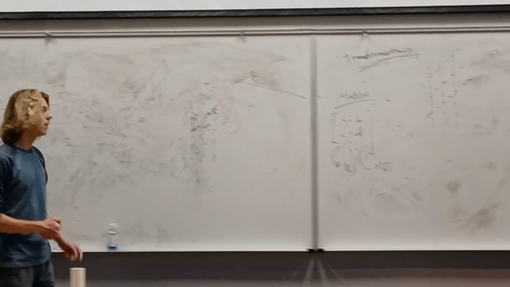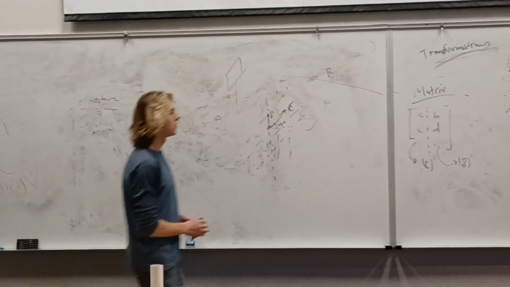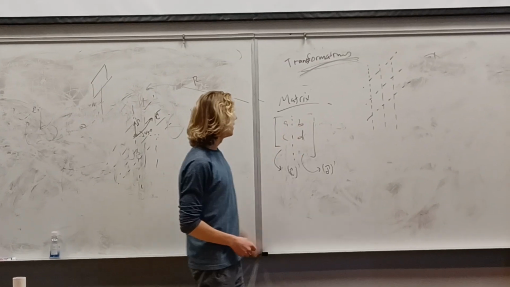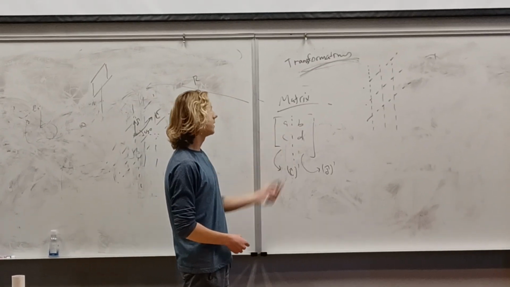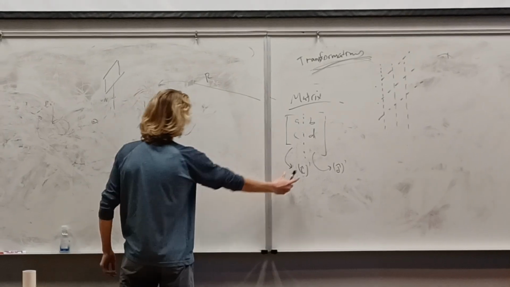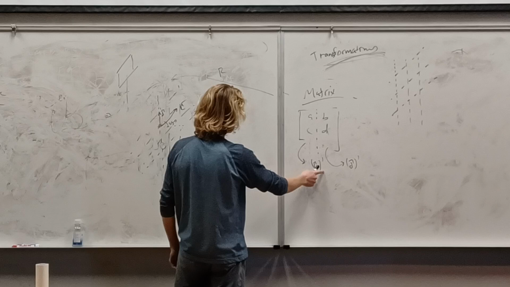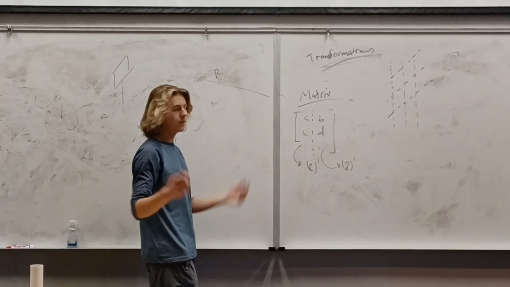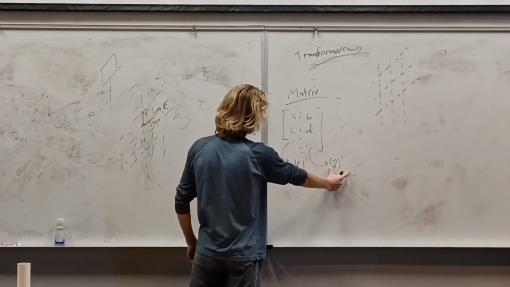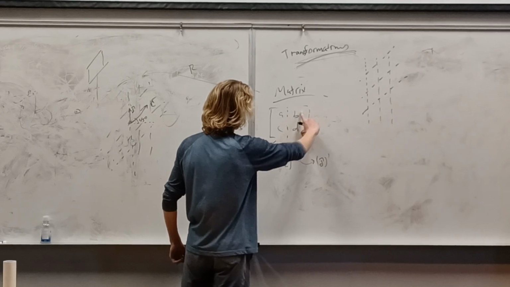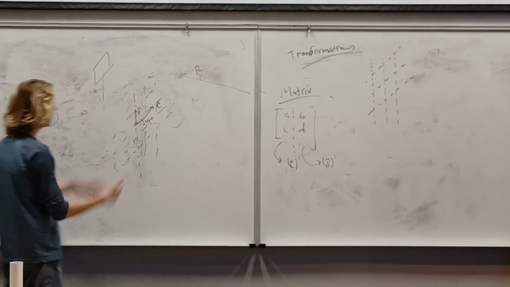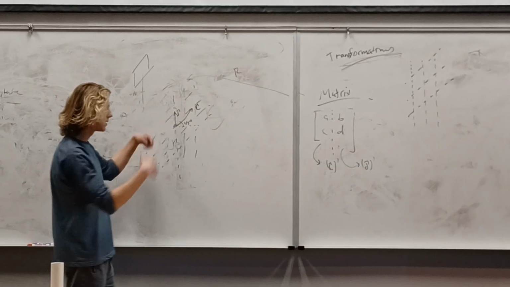Yeah. Okay. Thank you. And so essentially this is what it is: these coordinates, these values right here, just give us instructions. They say, take our original i-hat, which was fixed at (1, 0), and move it to (a, c), whatever that is. Take our original j-hat, which was fixed at (0, 1), and move it to (b, d). Whatever that could look like, it could be a rotation, a scaling, a combination of